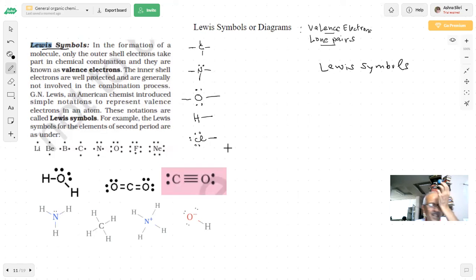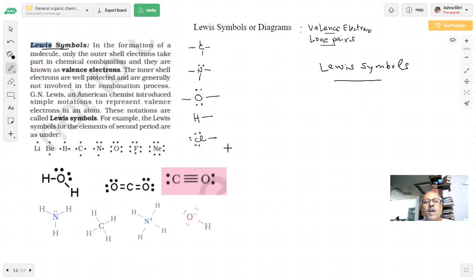In organic chemistry, what we have are organic compounds, which will be carbon, hydrogen, or a few other elements mostly. Which ones? Oxygen, nitrogen, halogens, or sulfur at most. Nitrogen will be there, oxygen will be there, chlorine, phenols, alcohols, amines. Alkyl halides means halogen is there. So we should know what type of bond they form. We should know their Lewis structures. This will help us in understanding the reactions a lot.